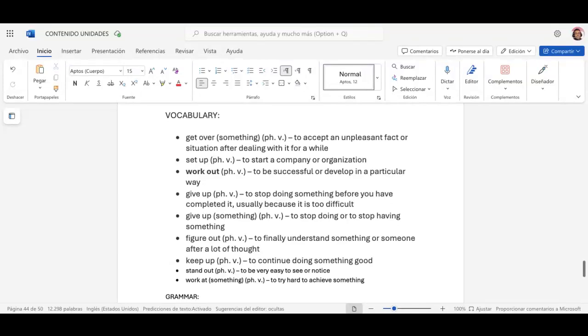If you can focus on these phrasal verbs, I think it would be a very good strategy for you, because you are going to start paying attention to the structure of the phrasal verbs. Okay, let's finish here, because if not, we don't have time to go